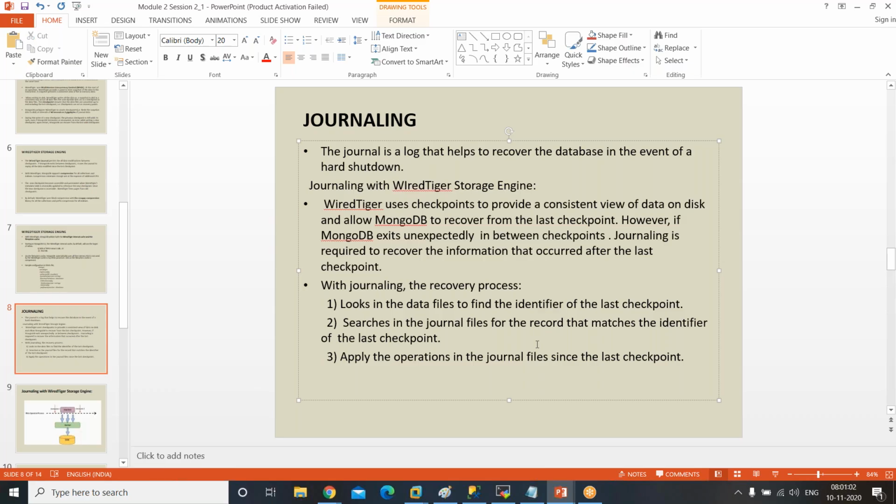See how journaling works. In the recovery process, it looks in the data file to find the identifier of the last checkpoint, searches in the journal files for the record that matches that identifier, and applies the operations in the journal since the last checkpoint. In case of a sudden MongoDB shutdown, it looks for the last checkpoint sequence. From there, whatever the next sequence is, it has to recover. It will start the recovery from there onwards. That is why I said